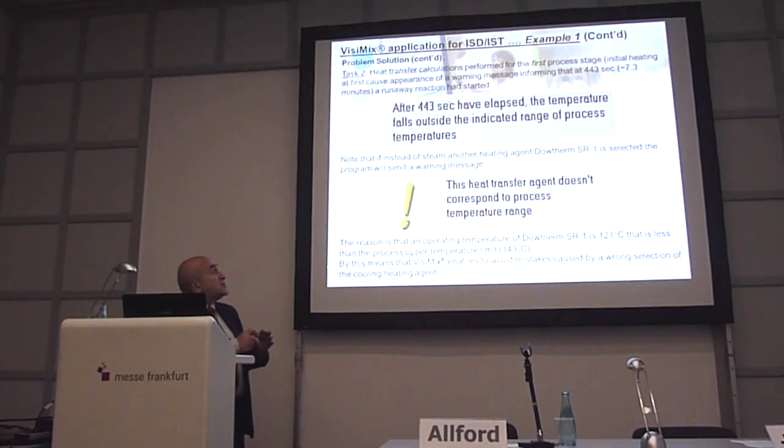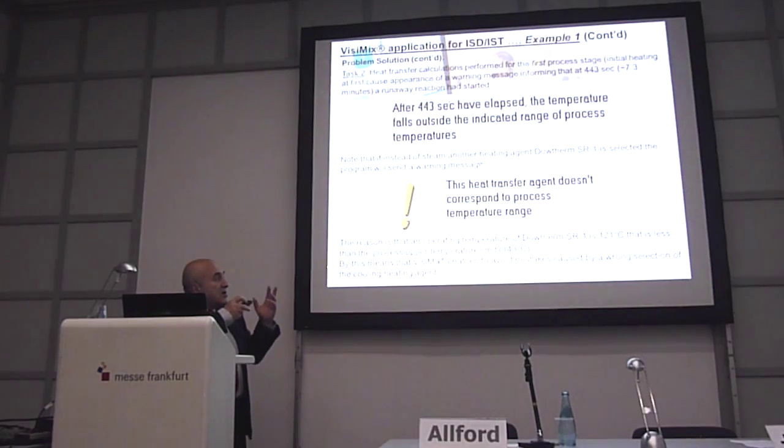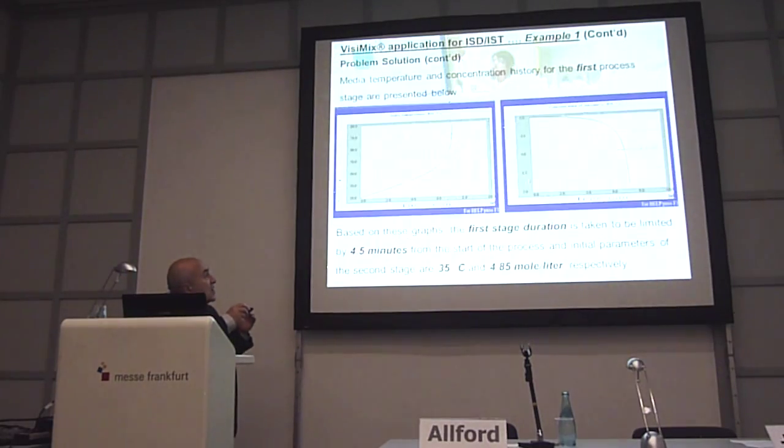By the way, if instead of steam we use another heating agent, for example Dowtherm SR1, we will get this information message. It is caused by the fact that Dowtherm is operating at this temperature, and for the process the upper limit is this. So this is the temperature history and